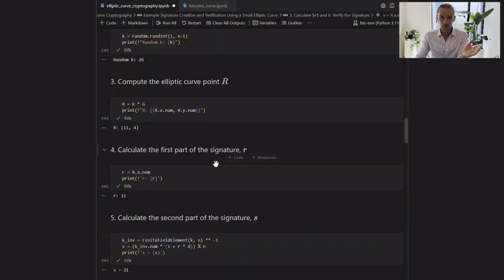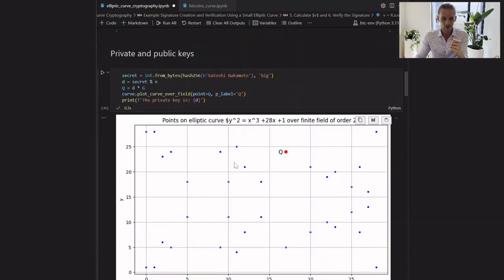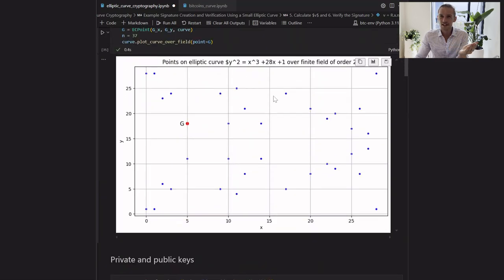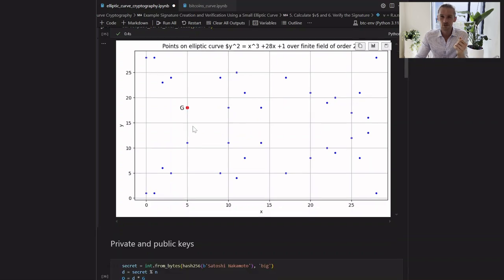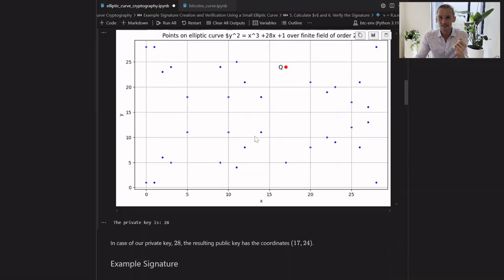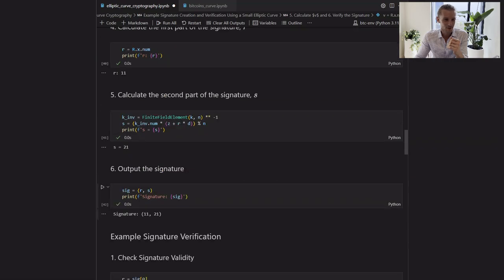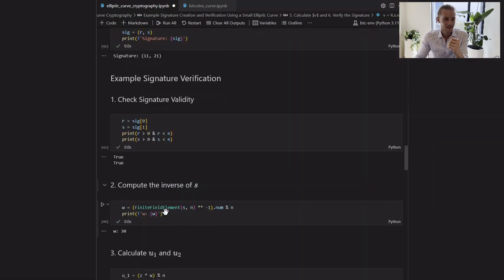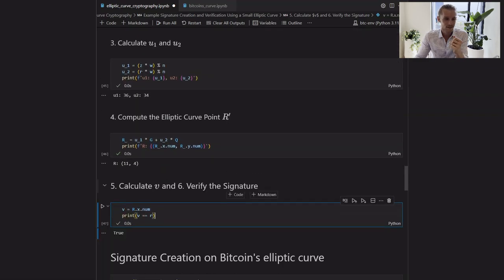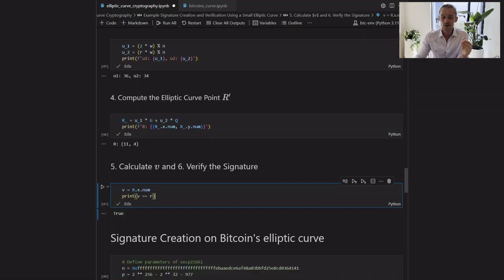So to quickly recap before we move on to how this works on Bitcoin's curve: we just have these elliptic curve points here, a generator point, get the public key, then create the signature R and S components like this, and then just confirm that the recreated R, or the x-coordinate of that R, is the same as the original R. And because we are including the private key, the message hash, the random integer k, and the point